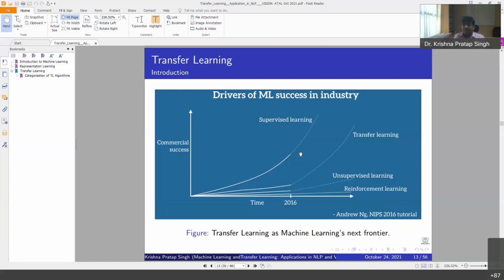And how can we do that? What are the different scenarios? Especially after 2006 and nowadays, you can see that most of the time people are working on transfer learning, with huge applications coming every day, and many